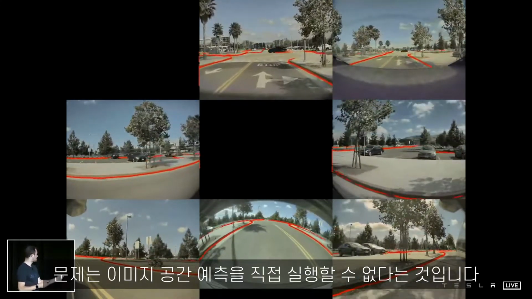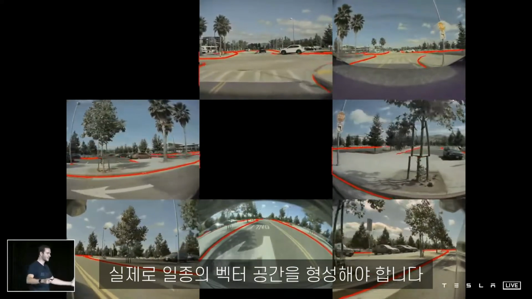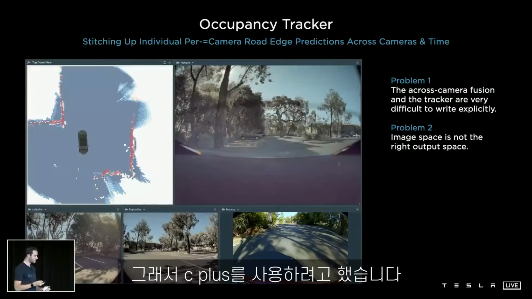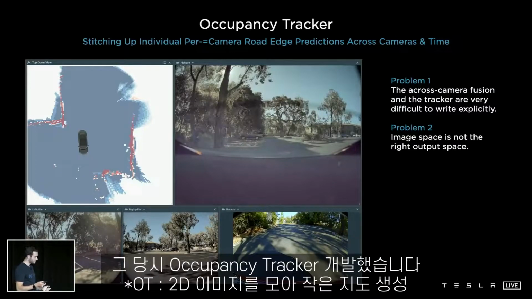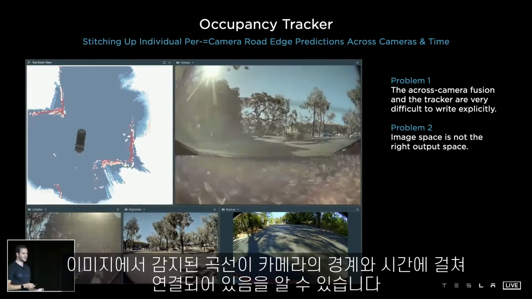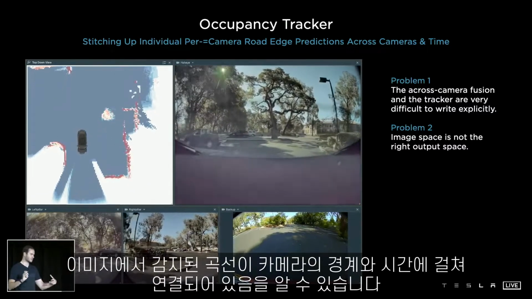Now the problem is that you can't just directly drive on image space predictions. You actually need to cast them out and form some kind of a vector space around you. So we attempted to do this using C++ and developed what we called the occupancy tracker at the time. So here we see that the curb detections from the images are being stitched up across camera scenes, camera boundaries,